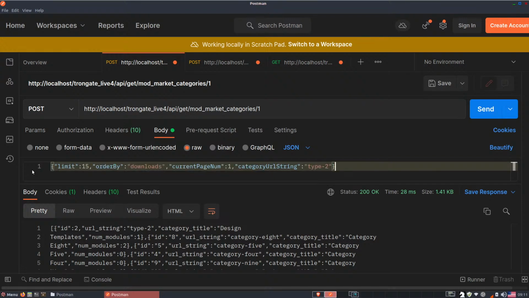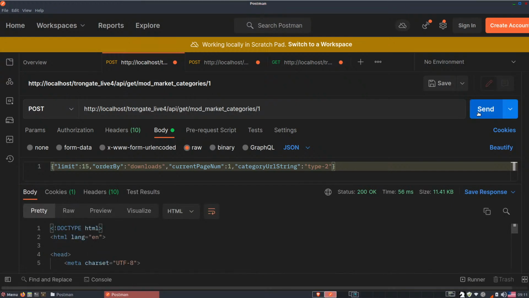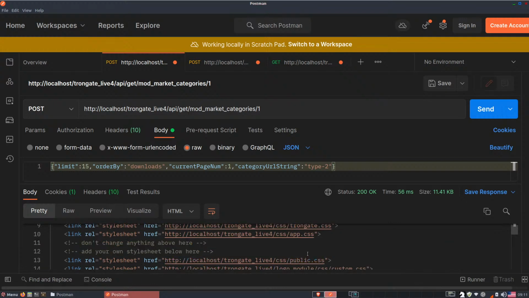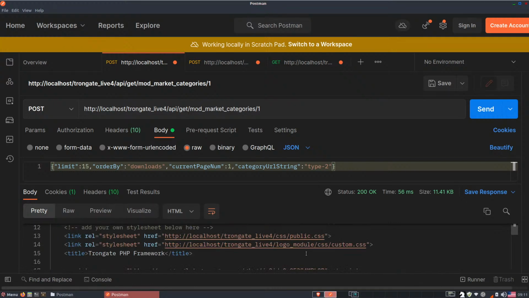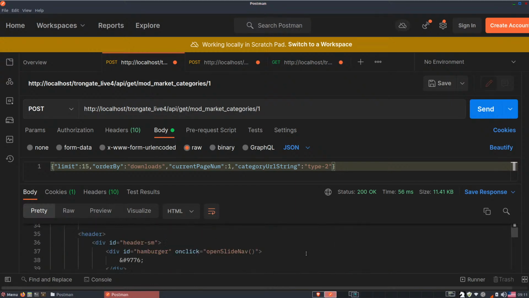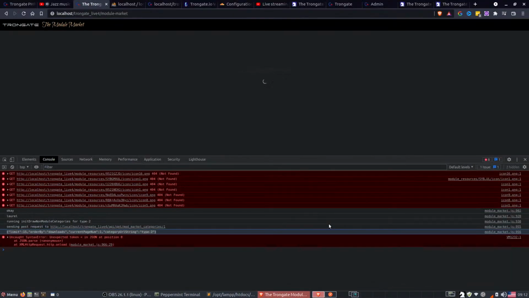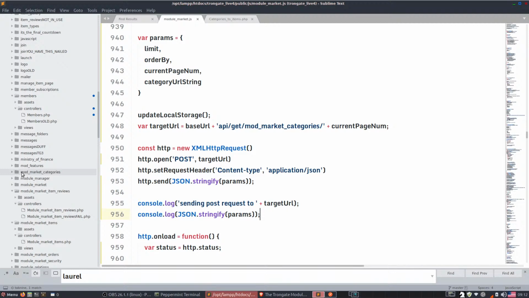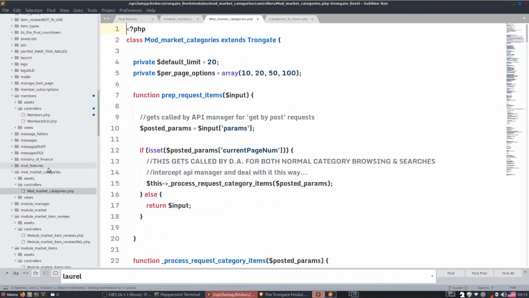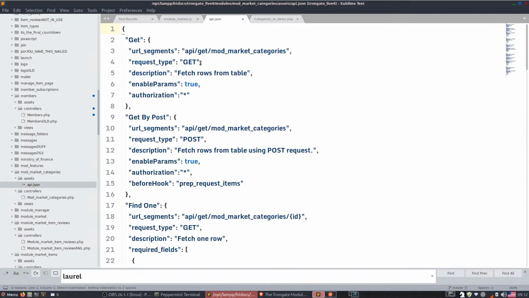Paste that in. Then I'm gonna hit send. All right. So